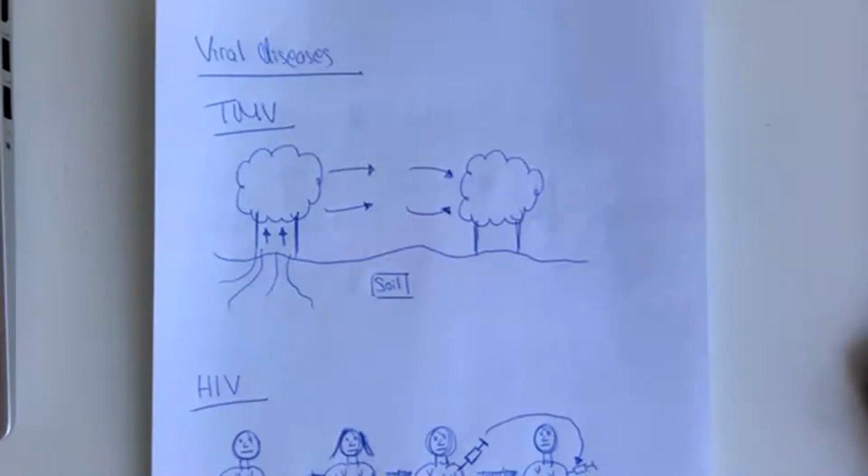So, welcome to this revision tutorial looking at viral diseases and giving examples of diseases that are caused by viruses infecting organisms and then basically reproducing and damaging and destroying their cells from the inside out. So, the first example of a viral disease that we're going to look at is one that's based in plants, and